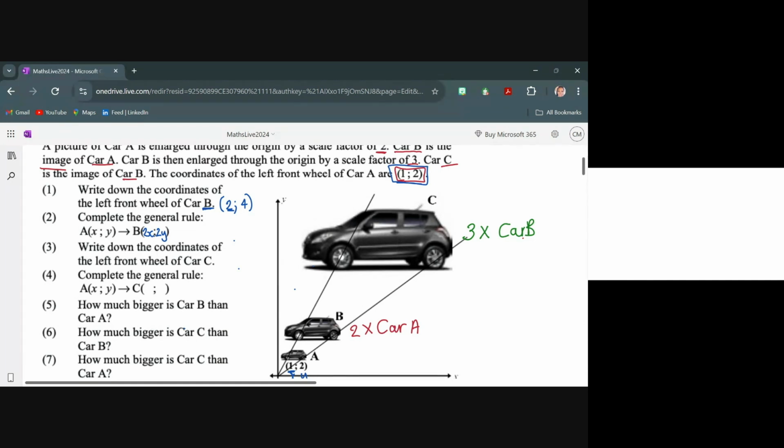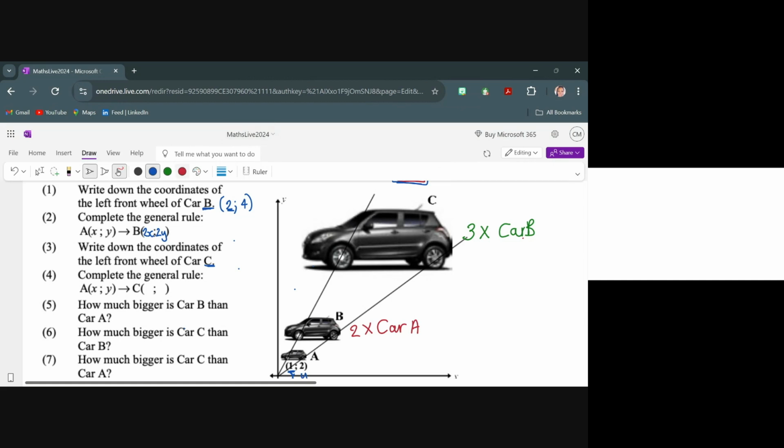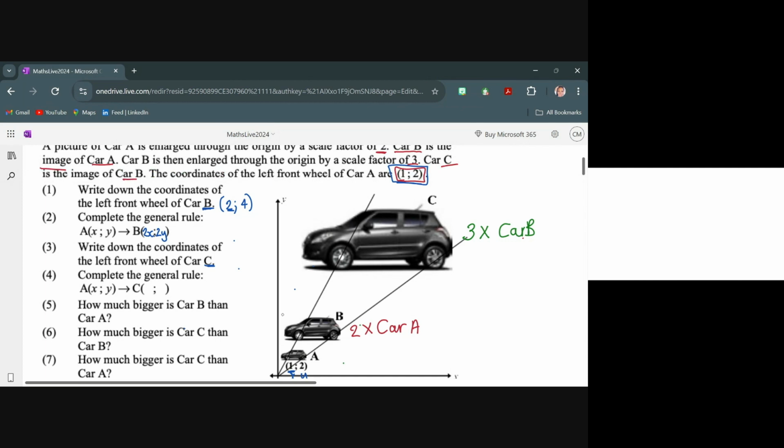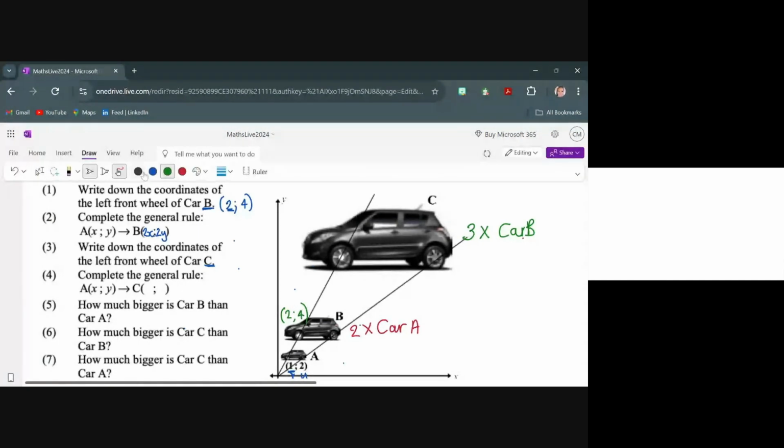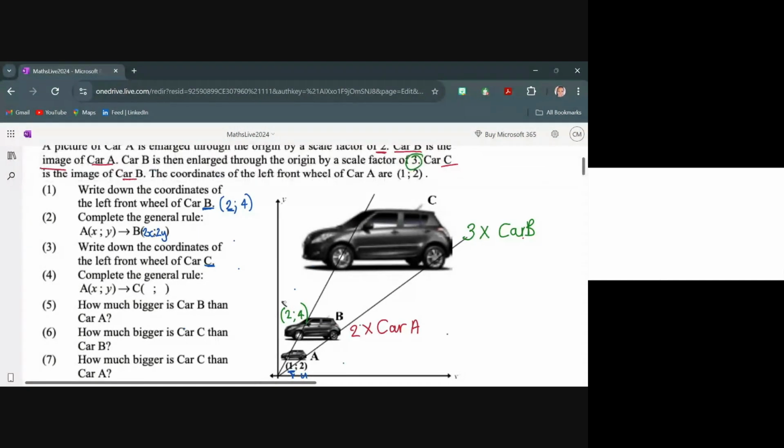All right. Now the next one says, write down the coordinates of the left front wheel of car C. Okay, so now we want car C. And I'm just going to add in here the left front wheel coordinates for car B, that's 2 and 4. Now the information says that car B is then enlarged from the origin by a scale factor of 3. So I know that we're going to increase those values by 3. We're going to take those values and multiply by 3. And that's how we're going to get the